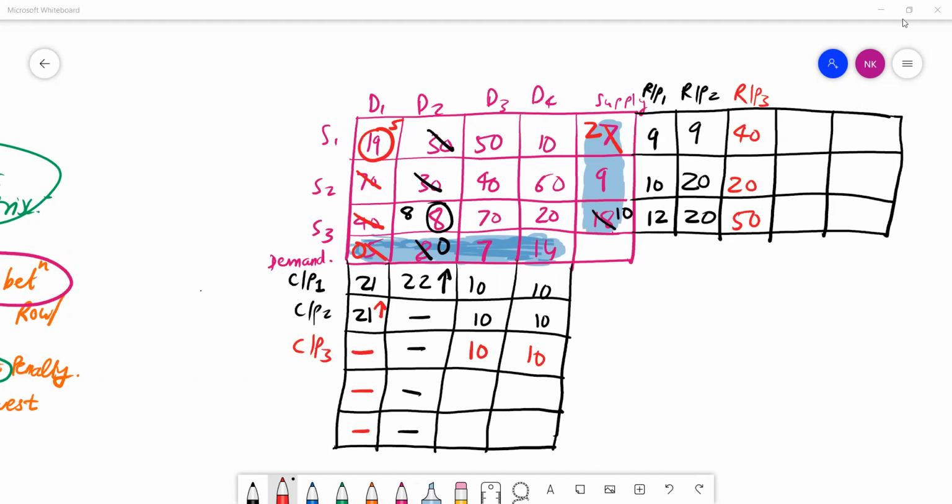Find the highest penalty. It's this one, 50. This is the highest penalty, 50. Which is the minimum weight or cost, it's 20. Corresponding to 20, you are having the supply of 10 units and 14 units is the demand. So you can satisfy the supply, it's 10. Over here, it will be 0. In this case, it will be 4. Since this third row has become 0, you just cancel out this, and this third row will not be taking part in the further calculations.